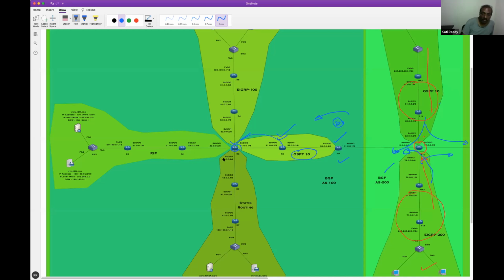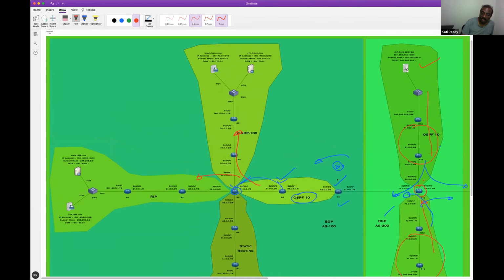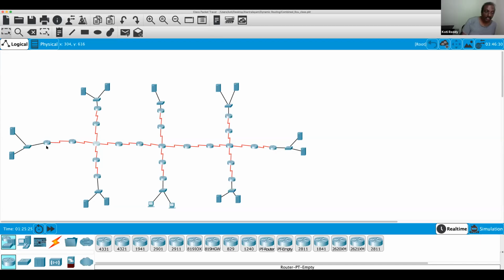We already have configured from OSPF into RIP protocol. We have done it already here. We also have done from OSPF into EIGRP also, right? Means what? As part of it, these are all gone already. So if I go to R1, I should see the 60 and 70 series also, right? Let us see this. I go to R1.